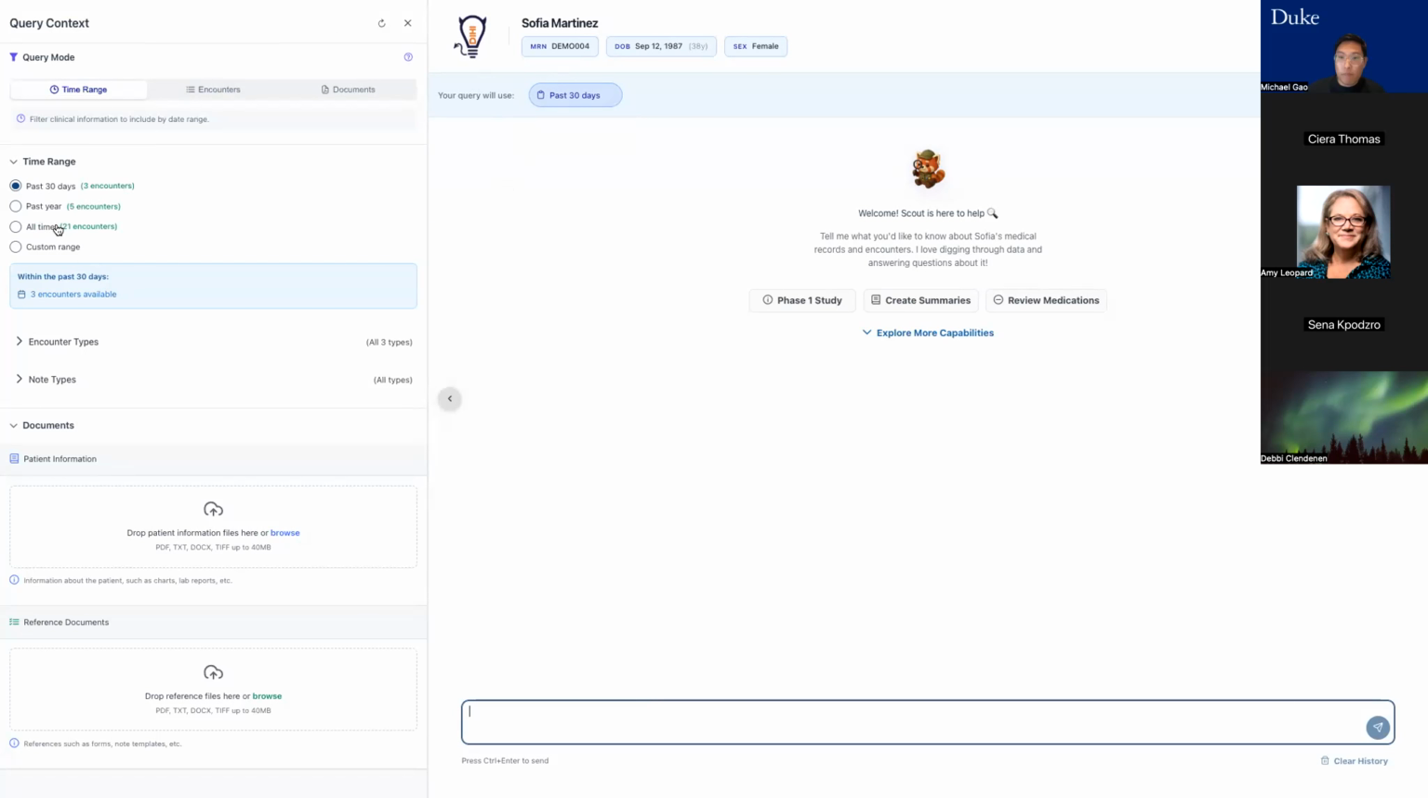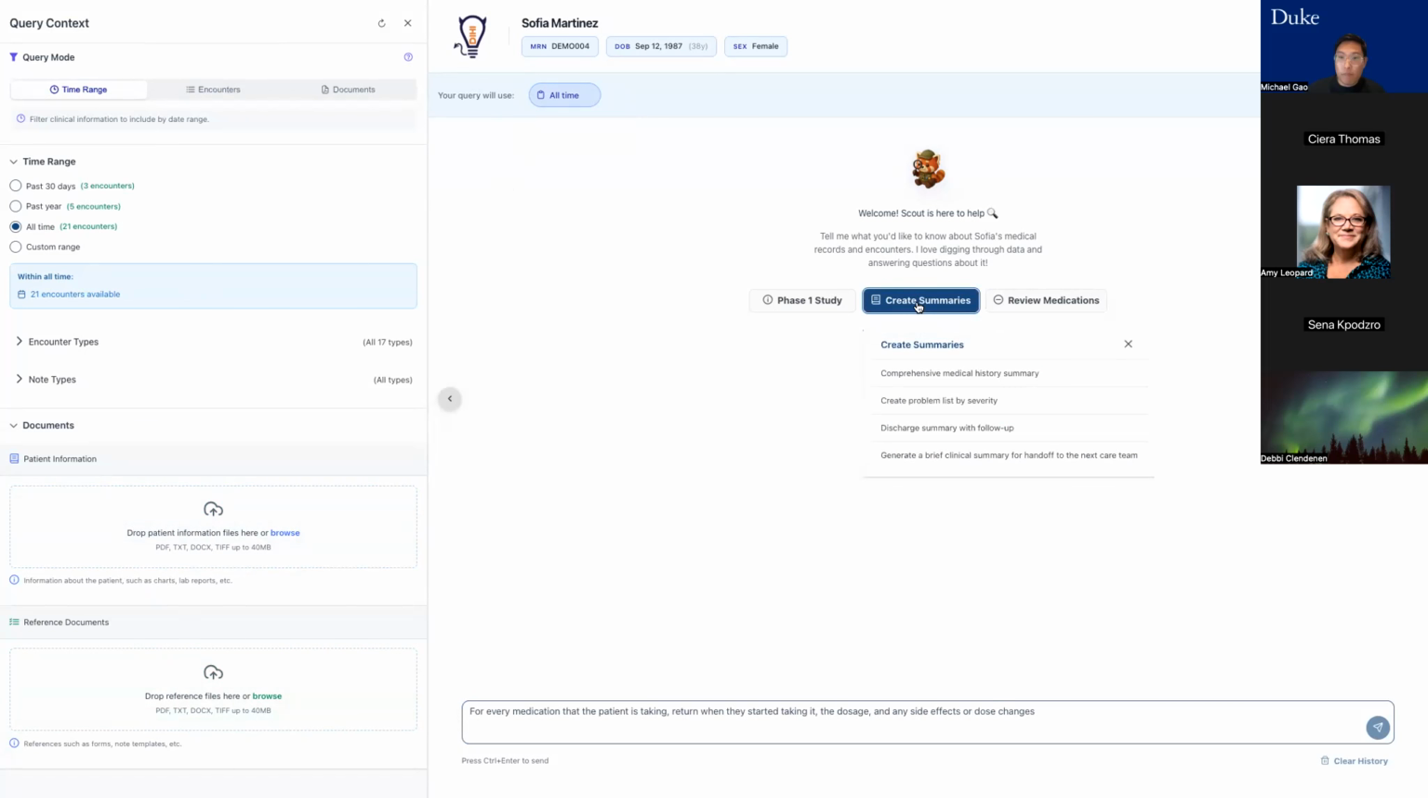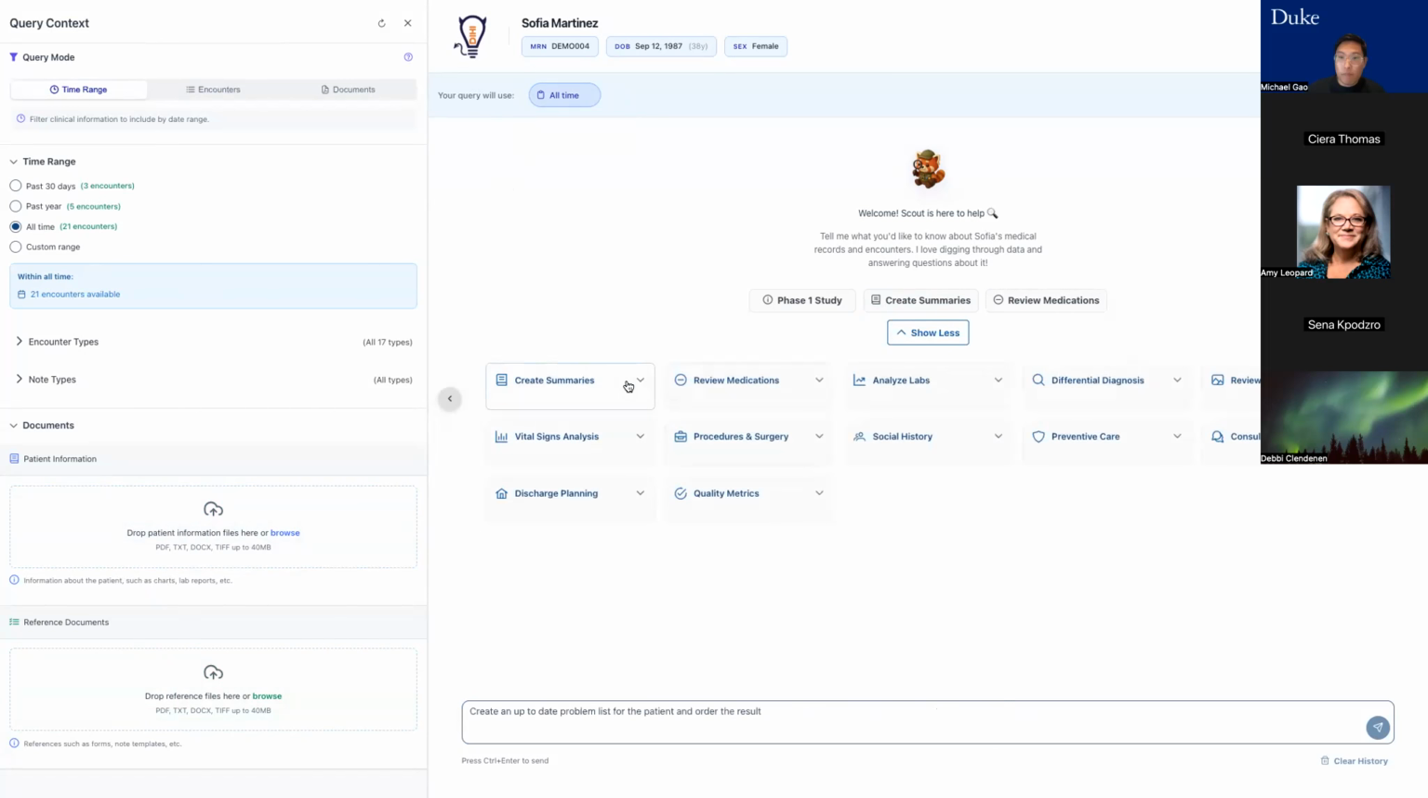And so you can see here that you can query, for example, the entire history of a patient. For example, all the encounters they've ever had. You can add supporting documentation like scanned charts or note templates or lab reports and so on and so forth. And then we have a whole series of prompts which we've seeded the tool with. So you can do things like create summaries or review medication history for the patient or ask any open-ended questions